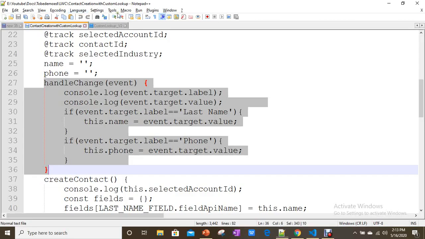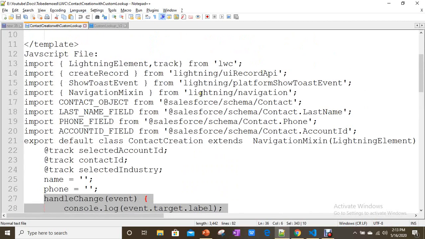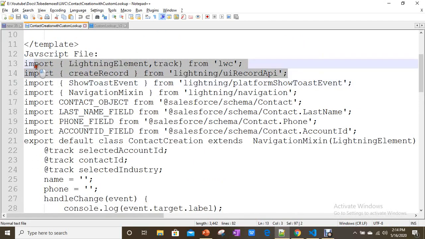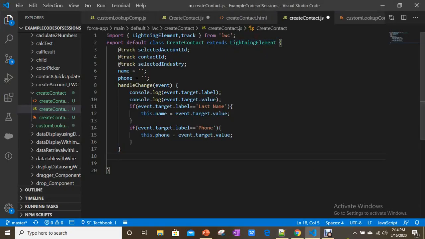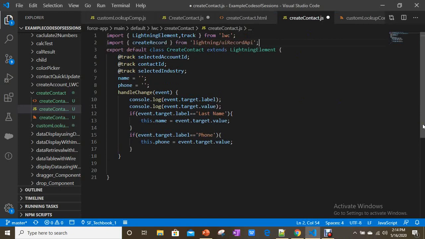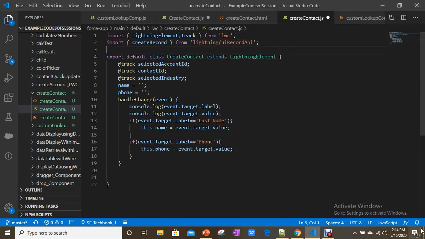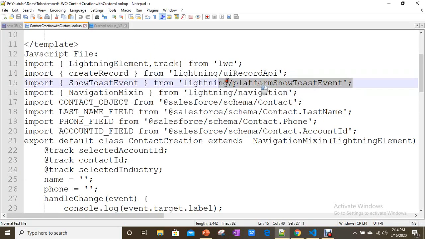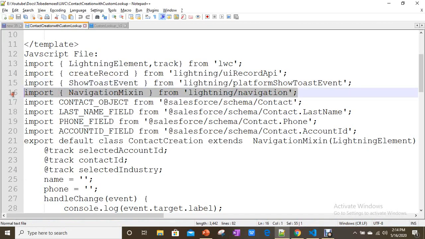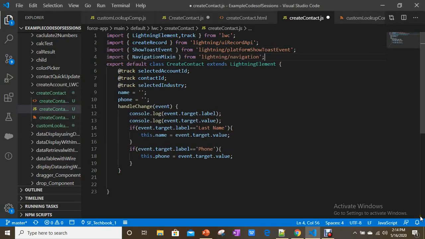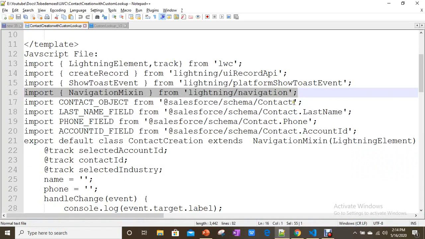Now I'm going to create a contact record without writing Apex code, through the UI record API. So for that you have to import createRecord, and then for showing the toast message, if you want, you have to import it, and for navigating to a record, you just need to import NavigationMixin from the navigation module.